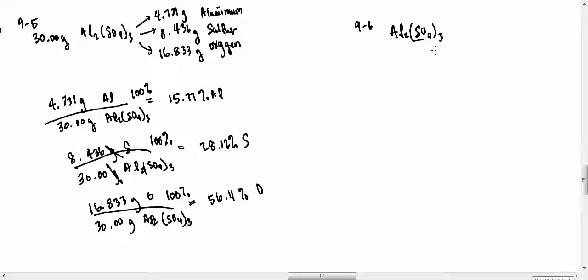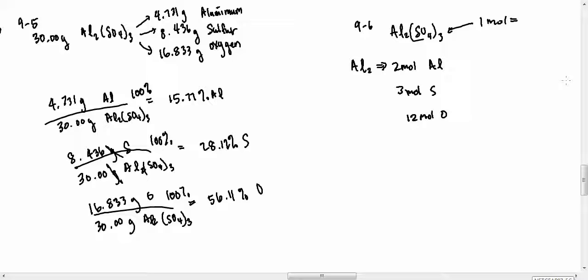What you need to do is first assume that we have 1 mole of this stuff. If I had 1 mole of that stuff, that would mean I have 2 moles of aluminum, 3 moles of sulfur, and 12 moles of oxygen. Now, if I had 1 mole of this stuff over here, that would give me